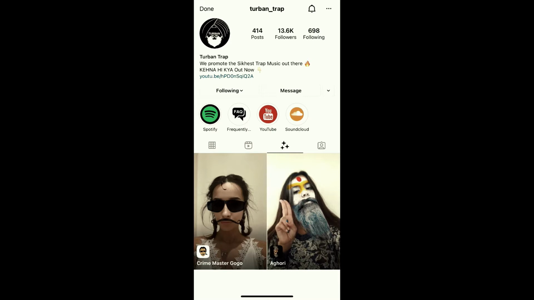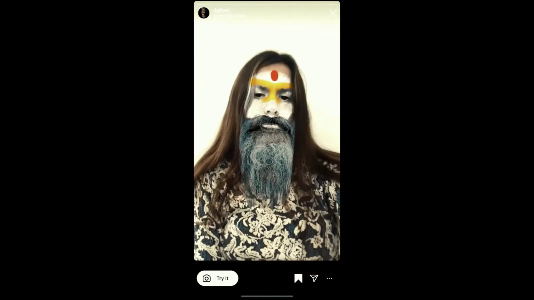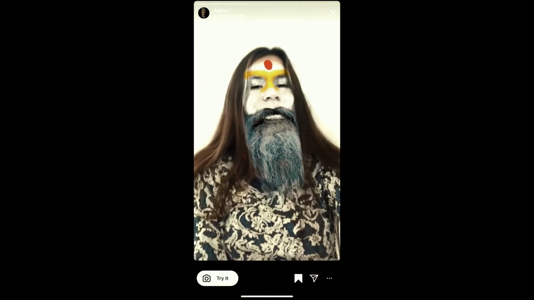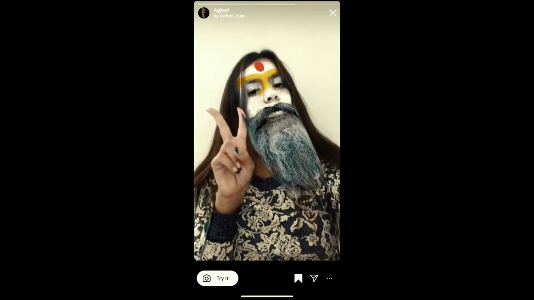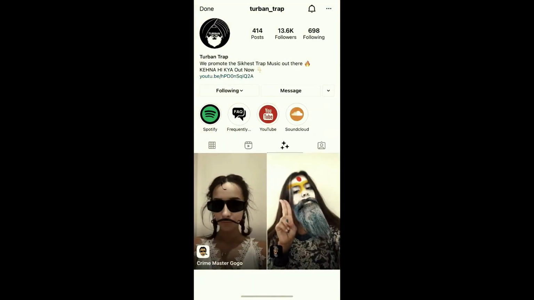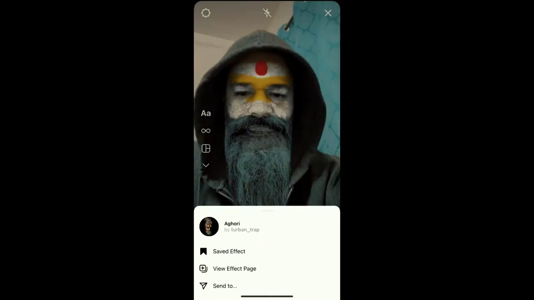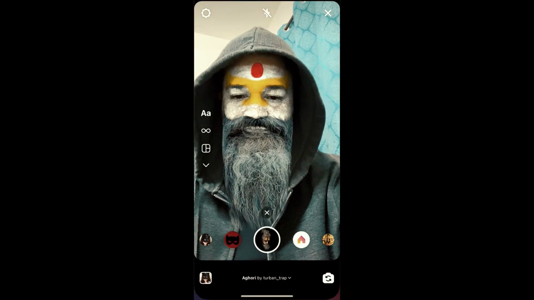This is the filter Aghori. Tap on it and you will see this preview. From here you can save it to your Instagram camera tray and you can tap on try to try the filter. Okay, and suppose you are not getting the effect like this, then what you can do,